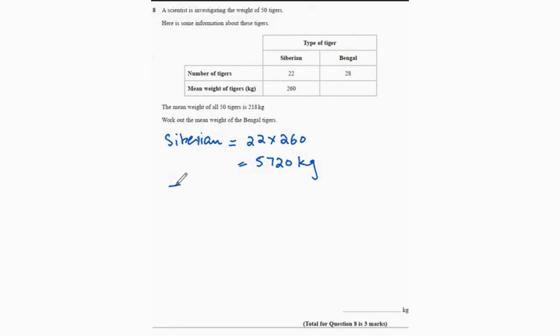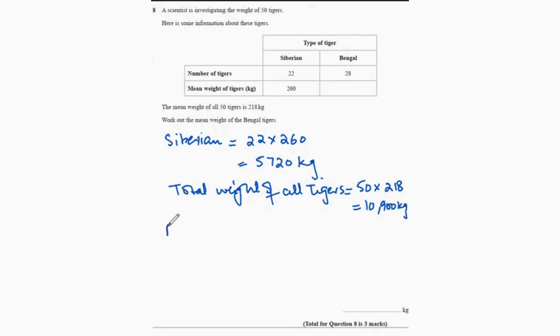Then for the total weight of all tigers, we will multiply 50 with the mean. So 50 times 218, that's going to be 10,900 kg. So to find the total weight of Bengal tigers, we will subtract 10,900 and 5,720. That's going to give us